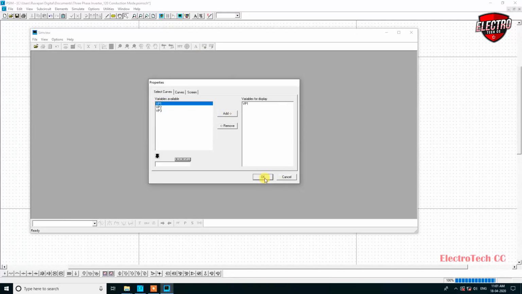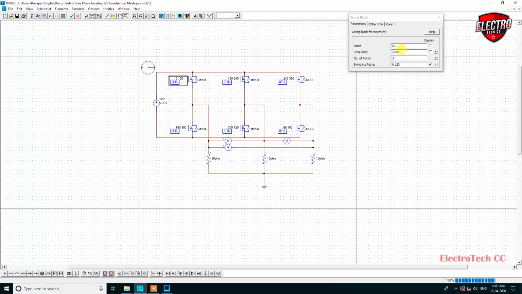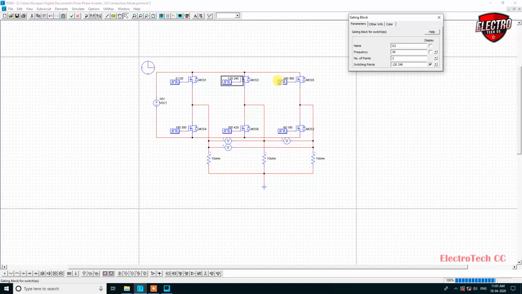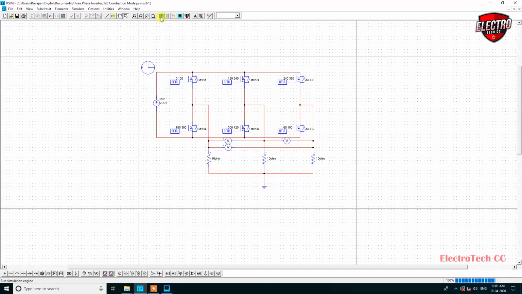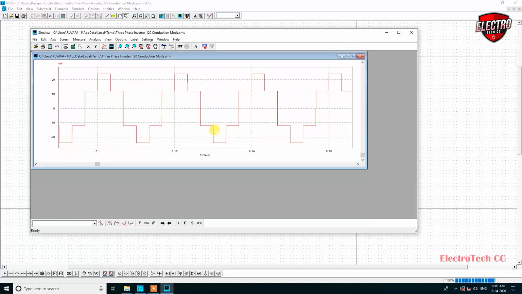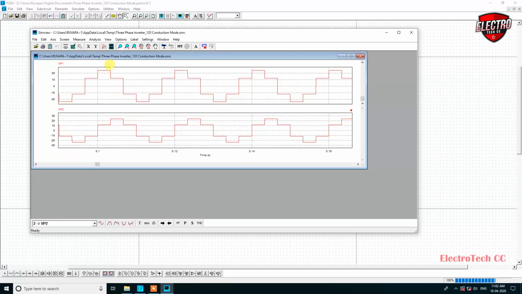First VP1. Oh, there is a frequency issue, I forgot. Let us change to 50 Hz only, because we need this inverter at 50 Hz. So I'll change all the gate triggering circuits to 50 Hz frequency. So this is the line voltage between the first two phases, second one and third one.